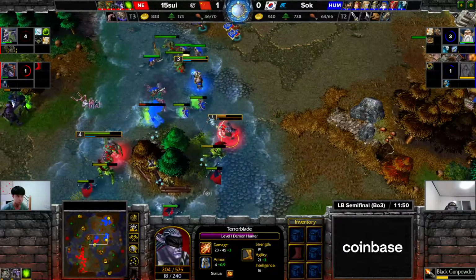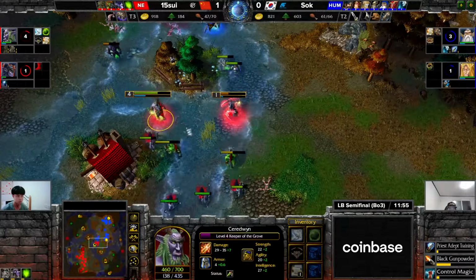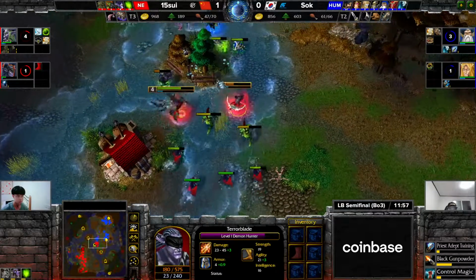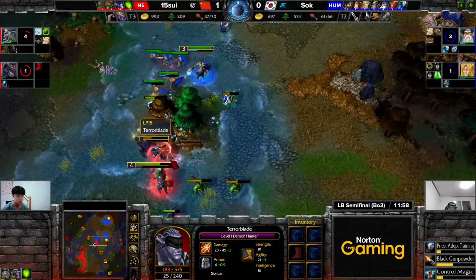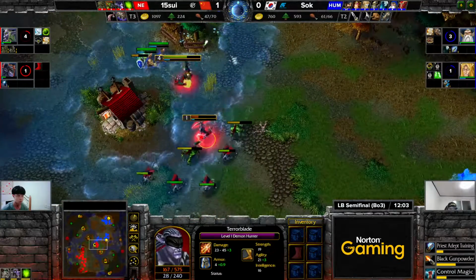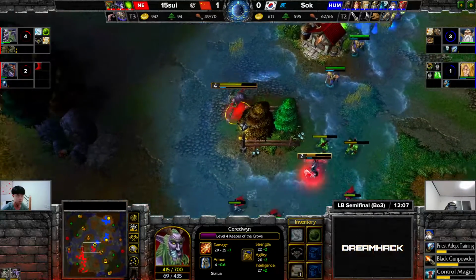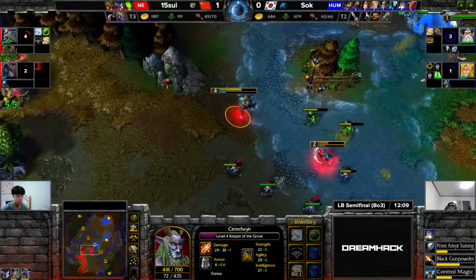And the Demon Hunter level 1, not as tanky as we usually know him to be. If you get level 4 with some good items, he's going to be extremely hard to bring down. But here on level 1, pretty squishy. He's getting closer to 2, that's going to be a help. He also has the Orb of Venom. That is the first bit of serious damage that 15 Sway is throwing in here in the